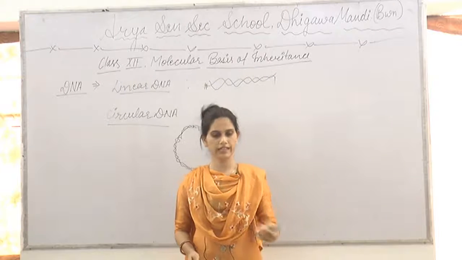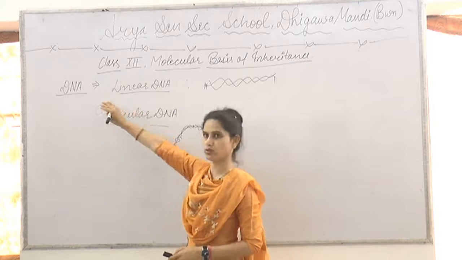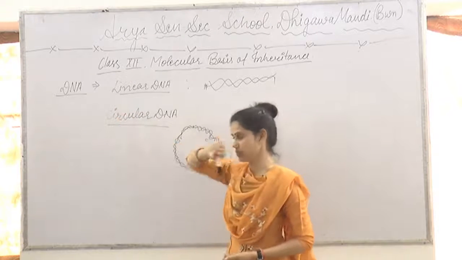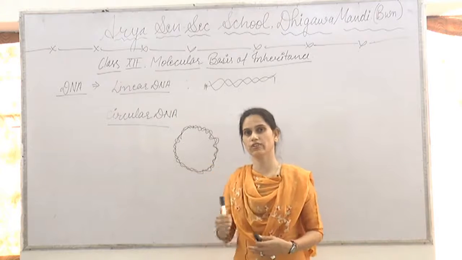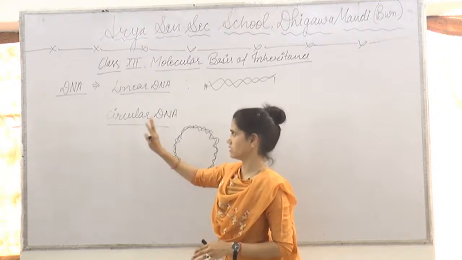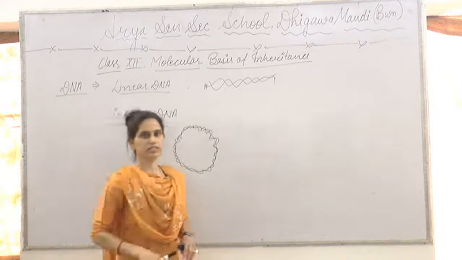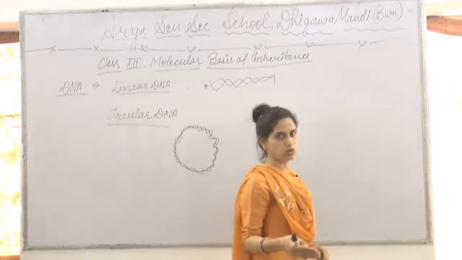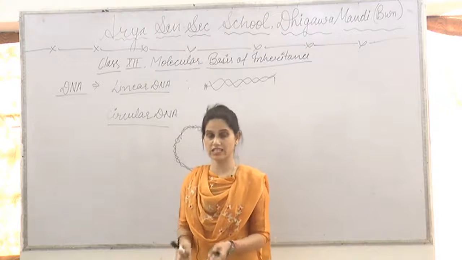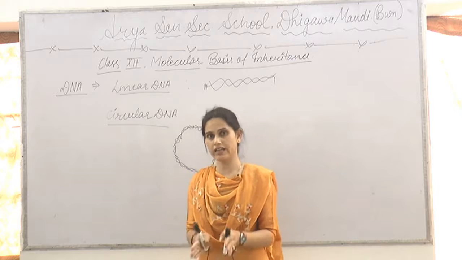Student, in the last topic we discussed the chemical structure of DNA, that is, the nitrogenous bases and their components. Today we will discuss the ultrastructure of DNA and the Watson and Crick model of DNA. As you know, DNA is a genetic material found in almost all living organisms, except some viruses. In some viruses, the genetic material is RNA.